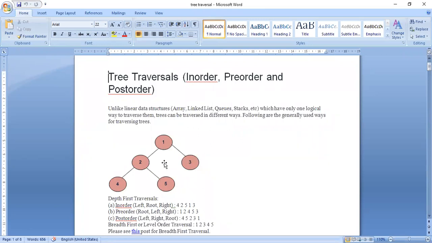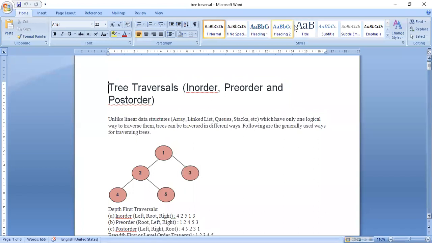I can visit the nodes in any order. First I can visit 4, or 5, or 2, or 1, or 3. If I visit 1 first, second I can visit 3, or 5, 4, 3. There are many ways to visit the different nodes in a tree.